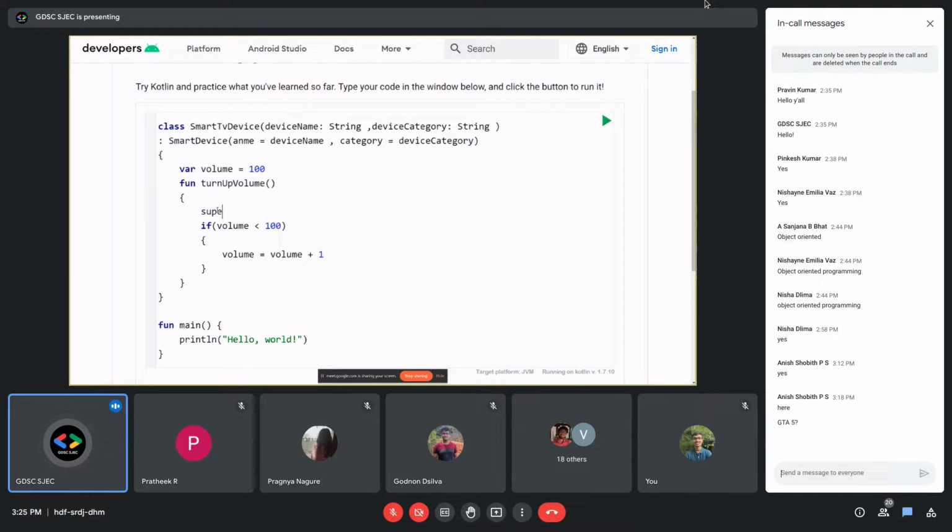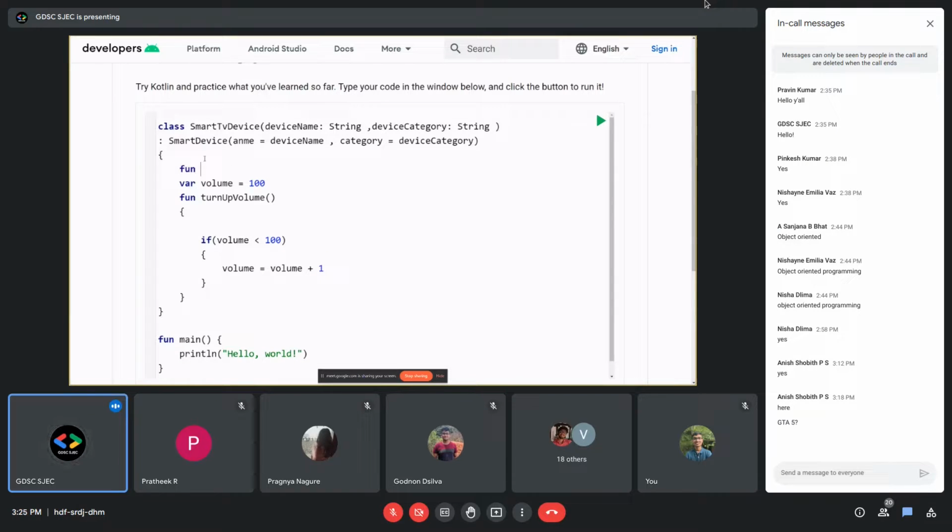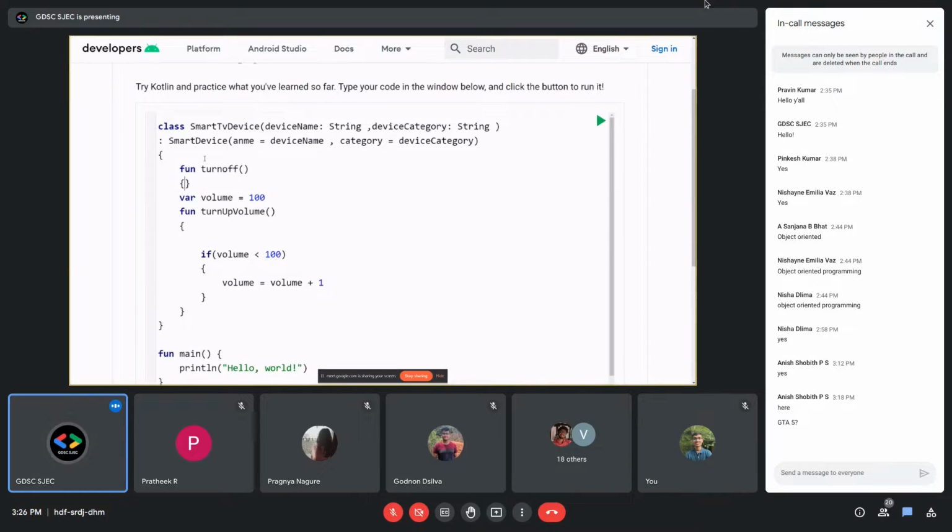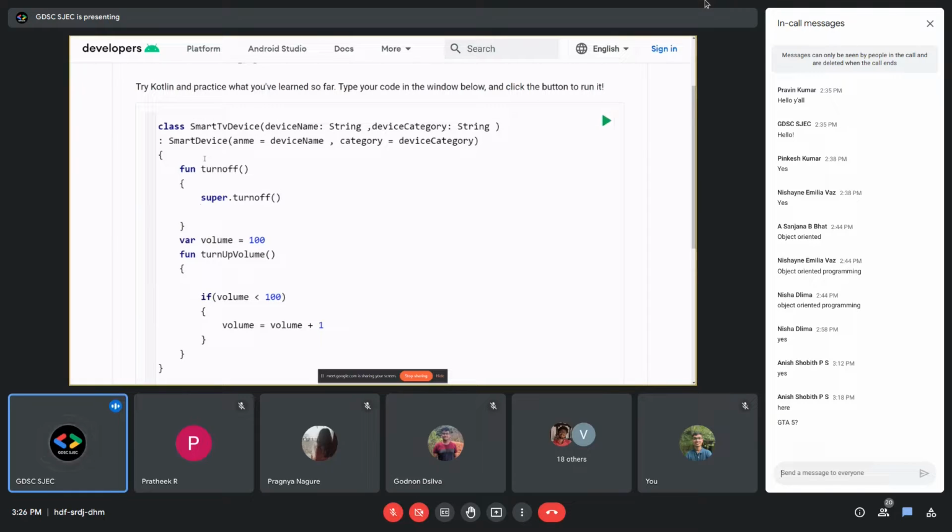Imagine we have a super function. Super function will basically just say super turn on, turn off. Now, imagine that there's already a turn off function defined in the smart device class. Then this super dot turn off will basically call it. I can just write it as a separate function, I guess. Fun turn off. And you can just say println